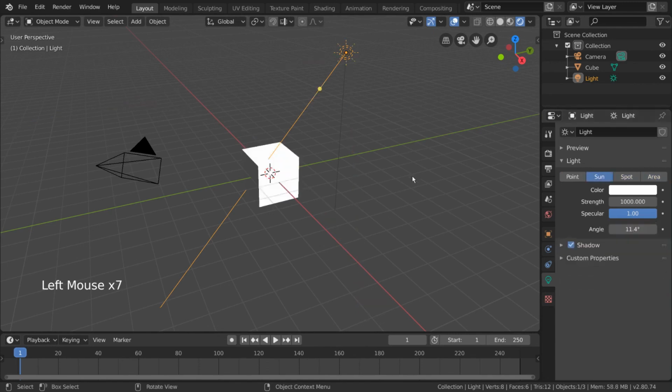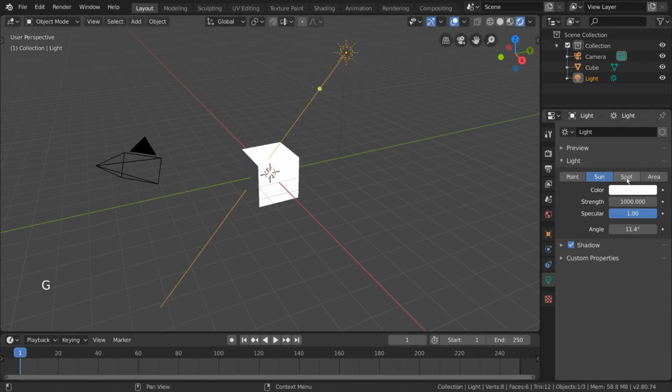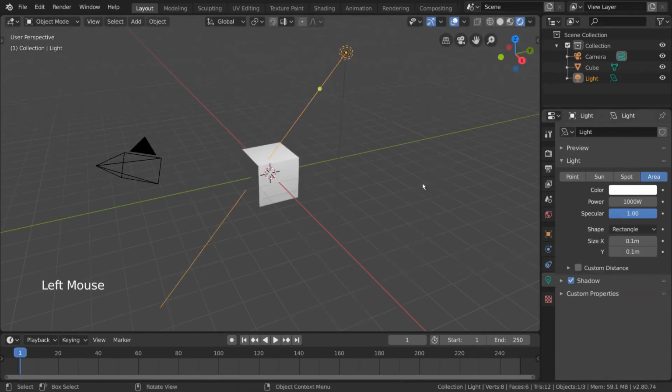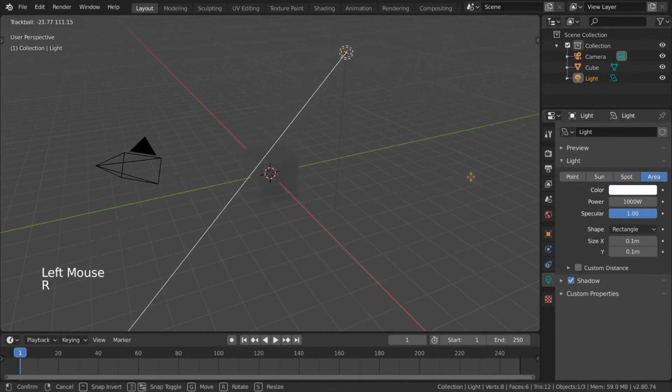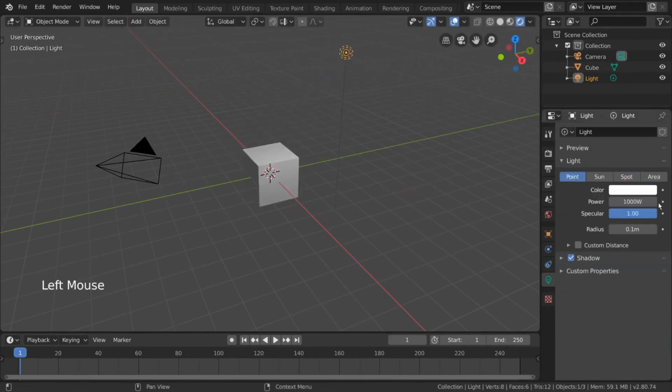The sun object emits global light from the specified vector direction, regardless of where the light object is located. Spotlights work pretty much how you might expect a spotlight to look, and area lights are just like point lights but biased towards a specific direction, so rotation will matter. There are also additional settings for each one you can play with, but this is the basic idea behind each